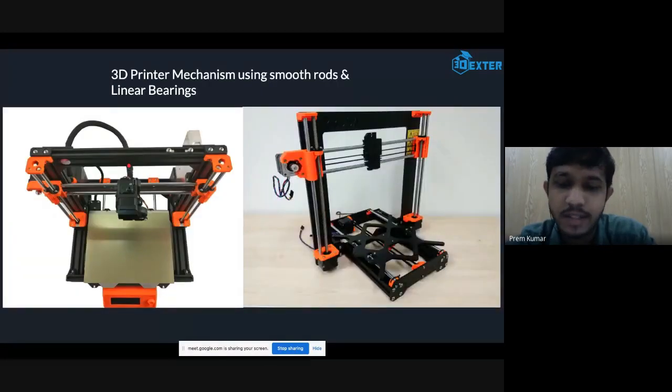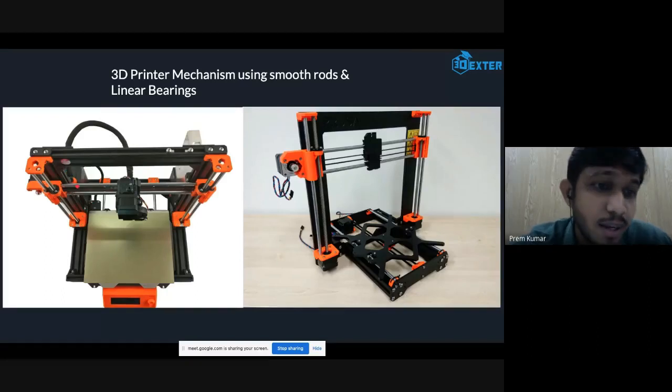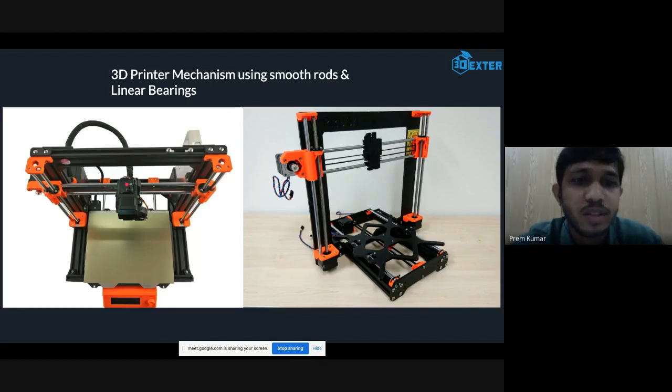So here we are seeing an example of a machine which is made using linear rods and linear bearings. If you look at these, here we have one rod on this side and we have another rod vertically mounted on this side. Both are of 10 mm diameter, and we have two horizontal rods and a 3D printed part in which there will be two bearings.